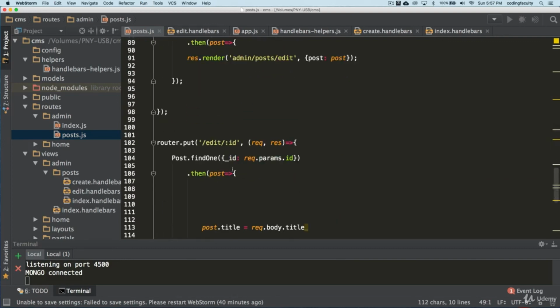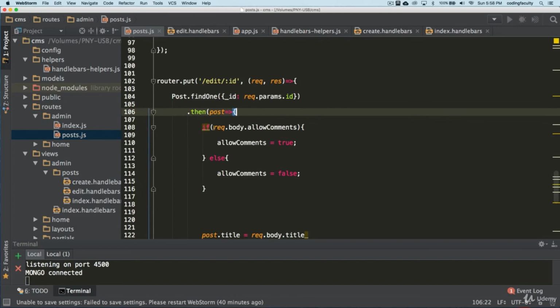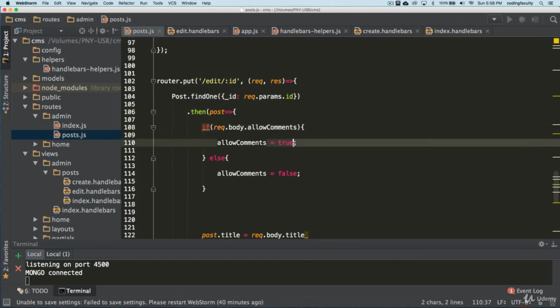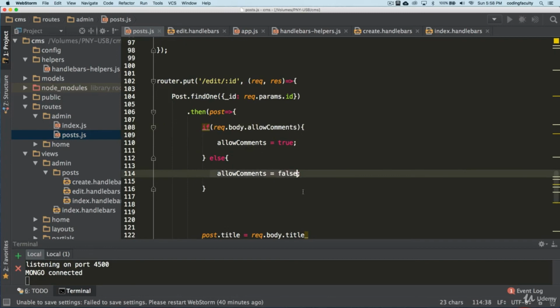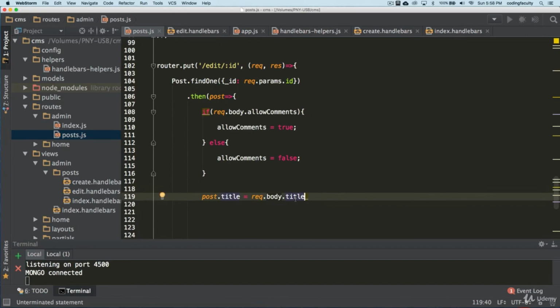Remember that we are converting that allow comments from the string version into the Boolean version. So we're gonna first check to see if it's coming from the form. If it's there in the form, we're gonna make it true. If it's not there, we're gonna make it false. That way we have it. So now let's start with these fields.